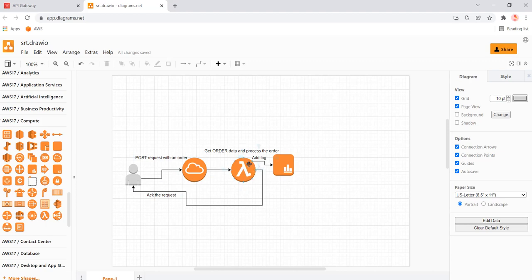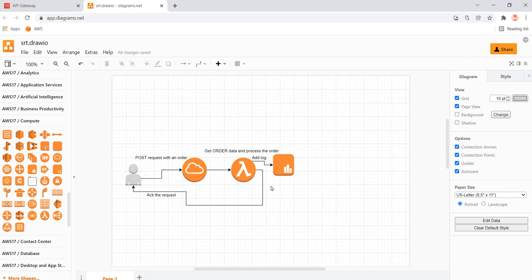For further processing, you can insert that data into the database or the S3 bucket or whatever endpoints you want. That Lambda function will log the logs into CloudWatch as well. And after processing that request, it will give an acknowledgement and response to the end user that, hey, I have got your data, and your request has been successfully completed.